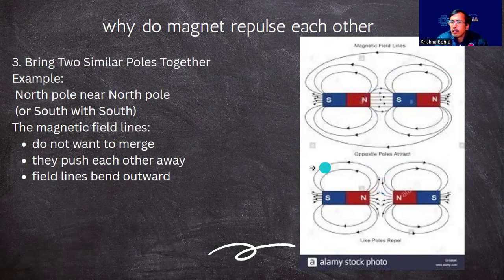If they find the opposite structure, meaning they have a north pole, and these north pole magnetic domains point outward from the material, and if they find the same thing, that is also the magnetic field lines directing outside, so there is no possibility they will overlap. They will not form a continuous loop, hence they will repel each other. If we still need to understand the repulsion of magnetic field lines with the help of magnetic domains,